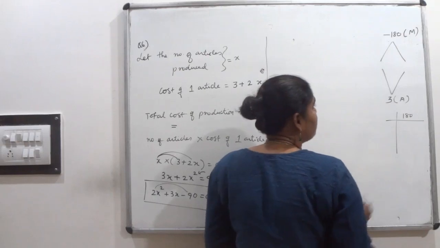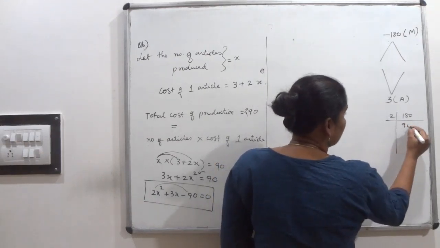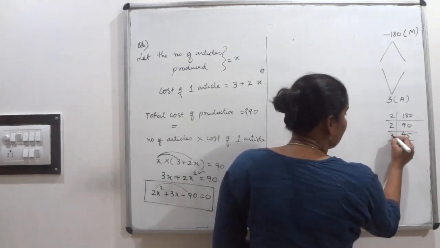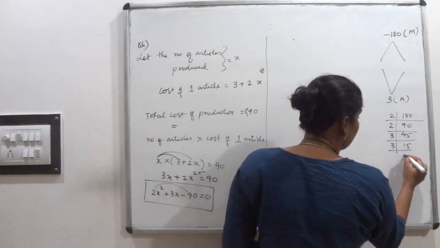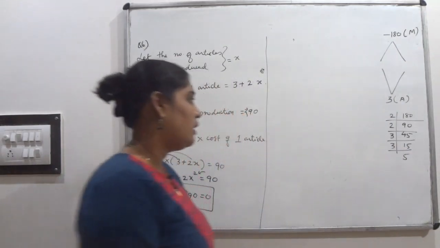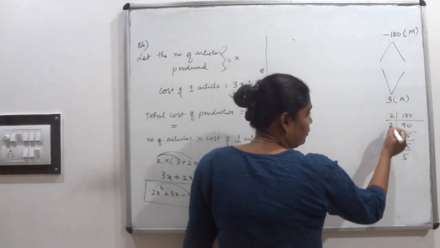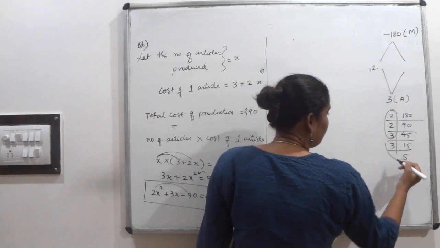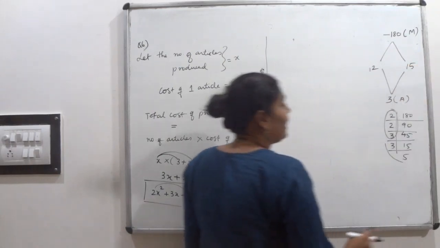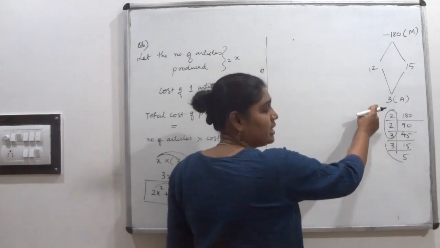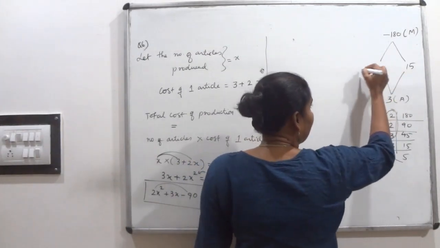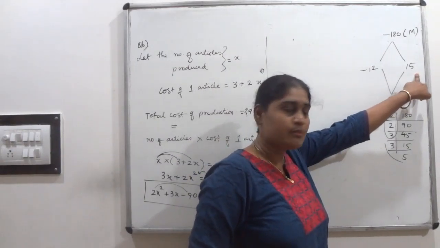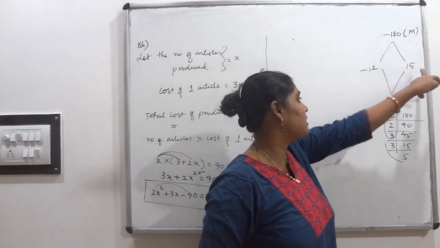You can write 180 is divisible by 2, that is 90. It can be divided by 2, that is 45. Again, this is divisible by 3, that is 15. Again, this is divisible by 3, 5 times. Now, 2 into 2, 4, 4 into 3, that is 12. 3 into 5, that is 15. I need minus 180 in multiplication and plus 3 in addition. So, I am keeping minus 12 and plus 15. Minus 12 plus 15, add these numbers, you will get plus 3.